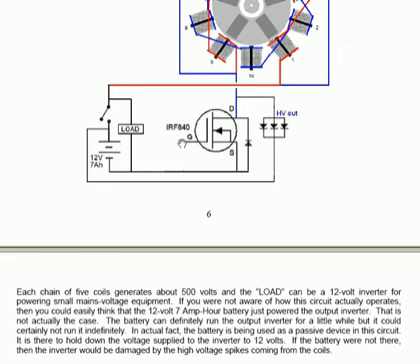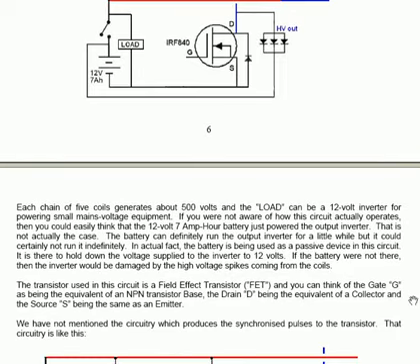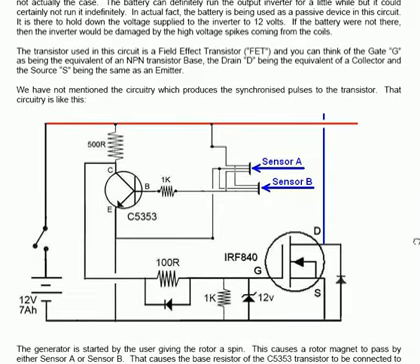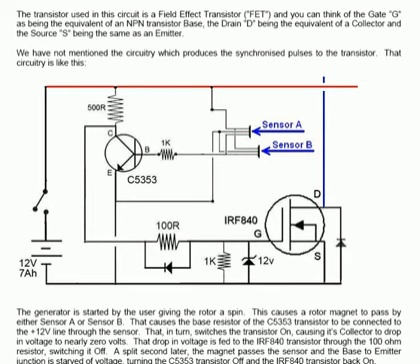We have not mentioned the circuitry which produces the synchronized pulses to the transistor. That circuitry is shown here. You have two sensors because you're using two separate sets of 5 coils. The two sensors, though they don't look it, are actually wired exactly across each other. The positive line comes in here on this one and then down across to the same connection on the second sensor. The central connection wires of the sensors are connected directly to the minus,